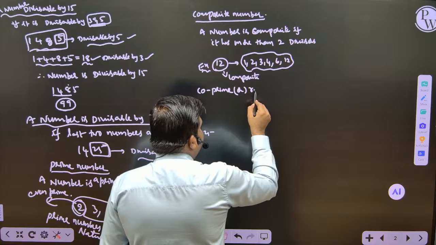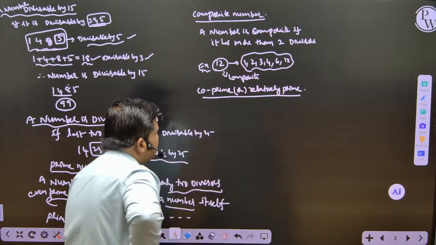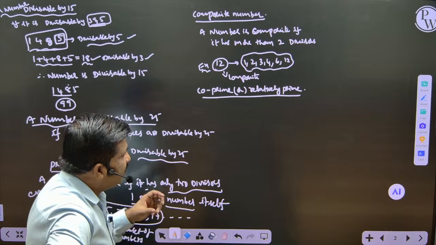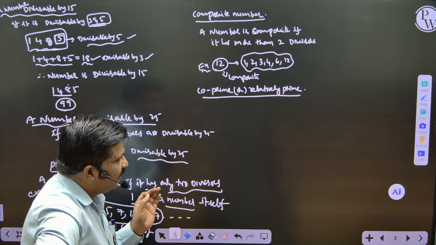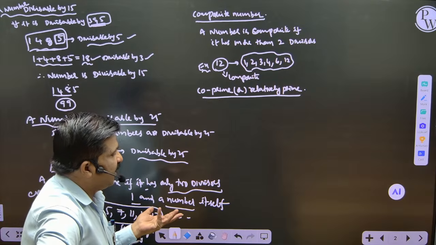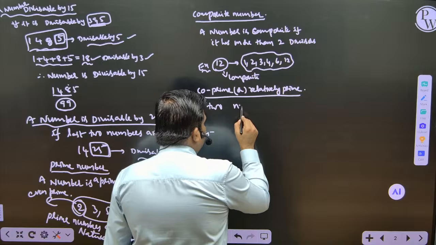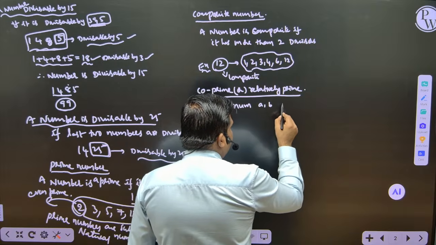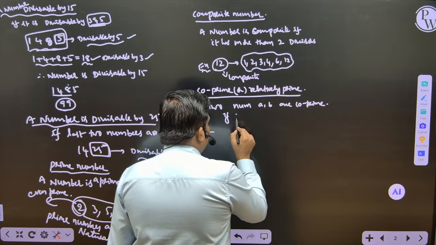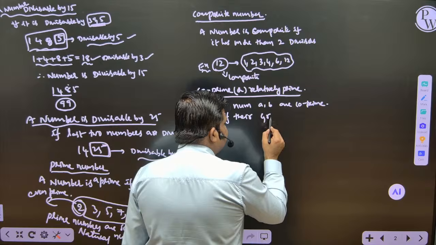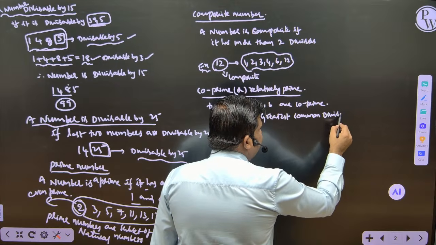or relatively prime. Now understand here, co-prime or relatively prime does not necessarily mean both are prime numbers. It means not necessarily both the numbers are prime. So two numbers A, B are co-prime if their greatest common divisor is